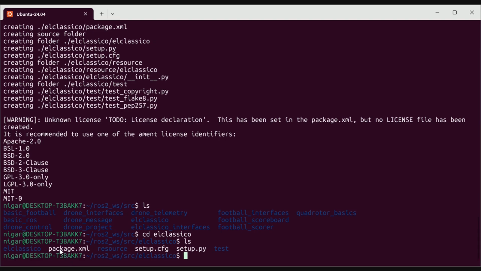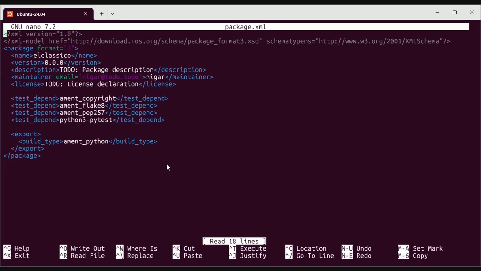So first of all, what we need to do is edit this package.xml file and connect it. I don't know if "connect" is a professional or proper word, but what I want to explain is that this command will actually connect this package with the interface package we created earlier. So once again, how do we do that? We simply have to open this package.xml. You will see we already have these codes over here. Previously, we added 3 commands to it. Now we will add a few commands once again over here,